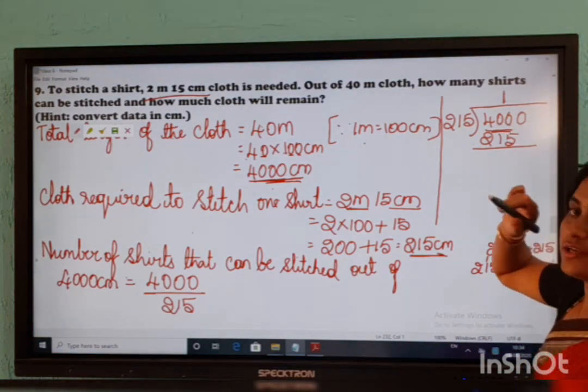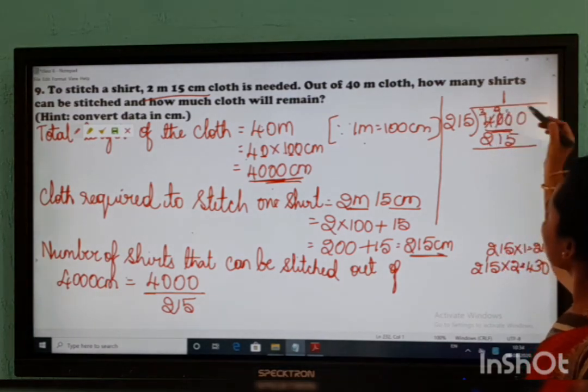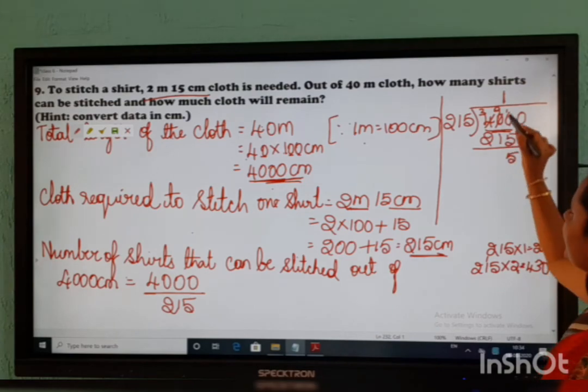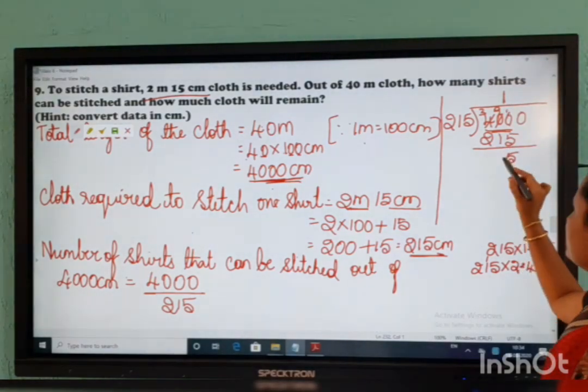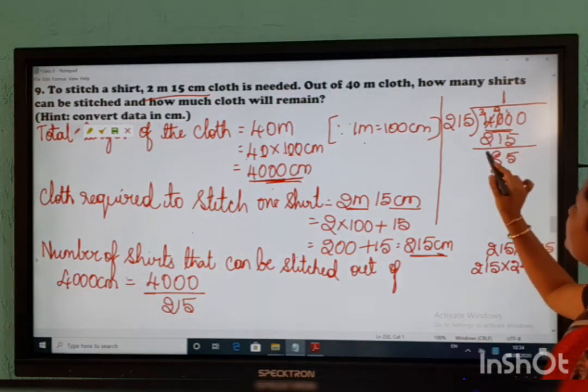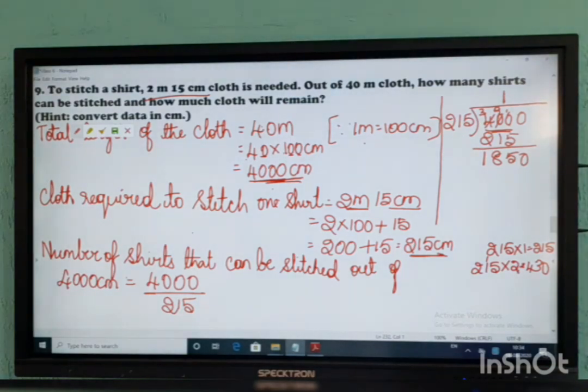Next, subtraction. See here, 0 0 is there. So what should I take? Take borrow. That is from 3 here. This will also become 9 where 10. 10 minus 5 is 5. 9 minus 1 is how much, children? 9 minus 1, 8. Then 3 minus 2 is 1. Then here 0. Okay.